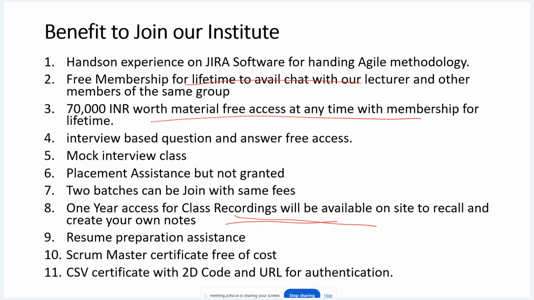Hello. Yeah, tell me. Who is going to take the classes, you or someone else? Yes, sir, I am going to take the classes. Two lecturers will be there. One is me, and one more lecturer will be there. Some basic things another lecturer will take, and advanced things I am going to take. Maximum classes I am going to take. Okay, thank you. Any other question?